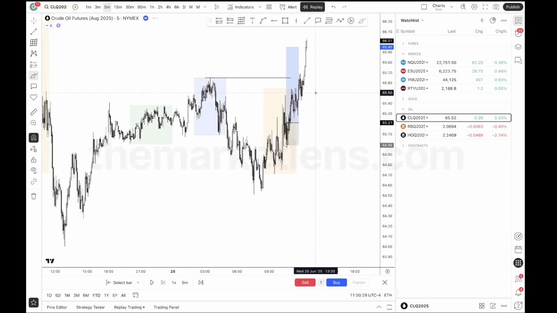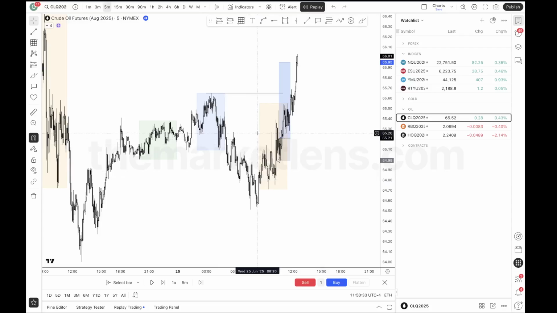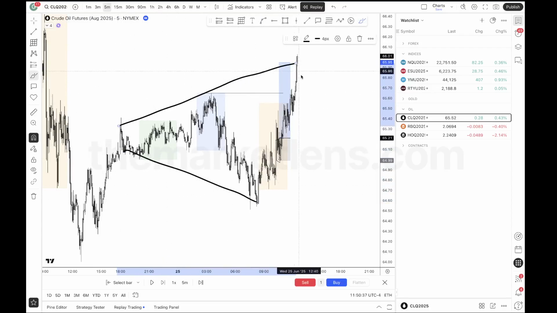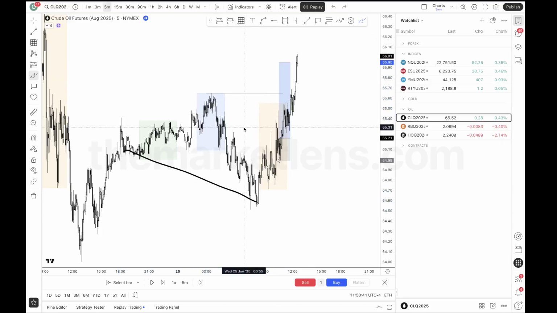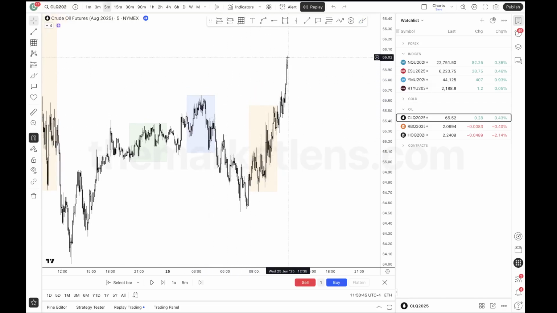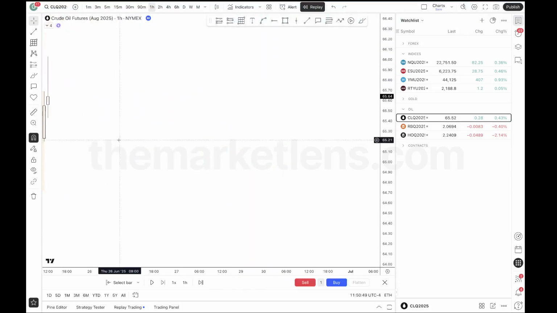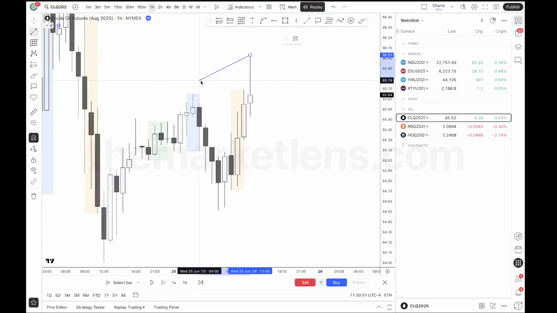So you actually get a two-stage SMT to actually return back in the range. And it actually makes sense to do that. Why? Given the profile, it's like seek and destroy. So it's just reversing off of the external ranges, right? Given that profile, it doesn't really support a bullish expansion day regardless. So when you have this SMT, it makes sense to return back in this range. I'll show you the two-stage SMT. Here's your first stage SMT.